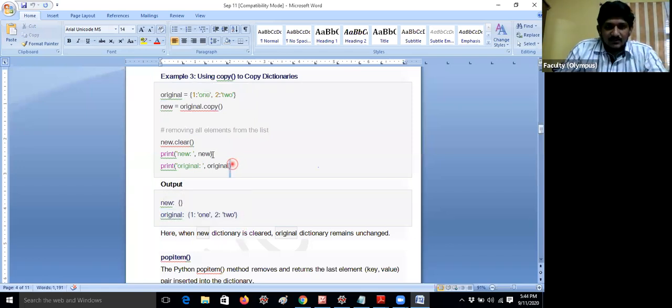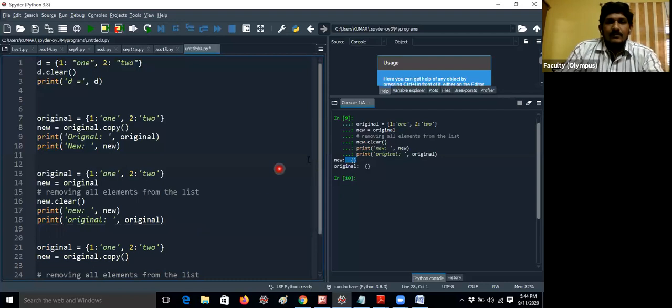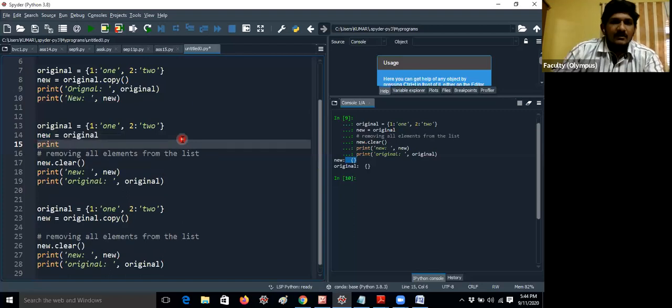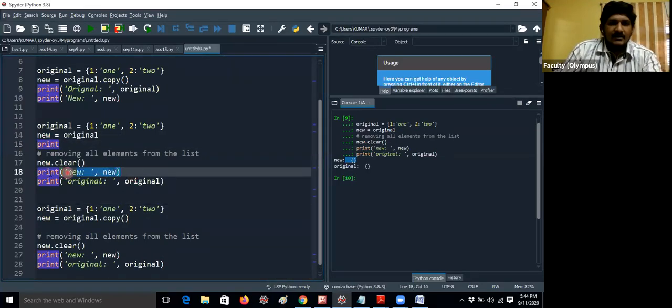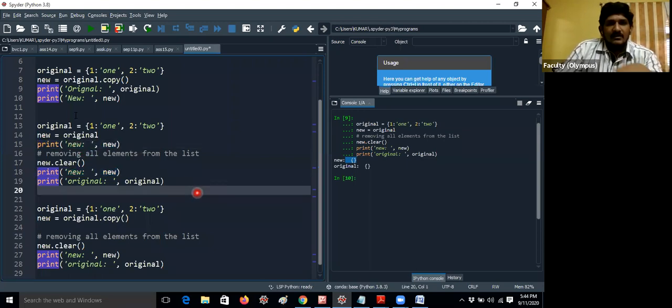Okay, so let me give some clarity. For better understanding, I will run the program. That's not an issue. I'm giving print original. If you'd like to understand very clearly, you can add one message here. I'm giving new equal to original.